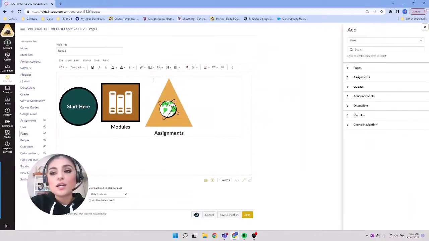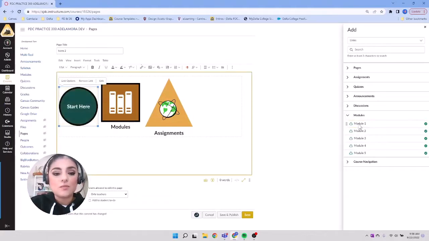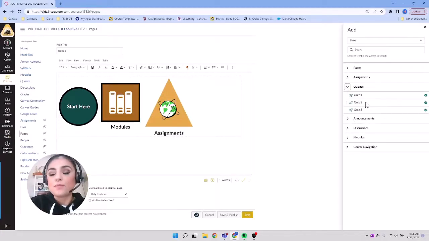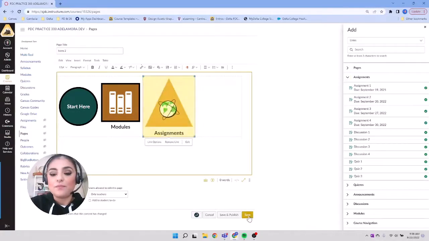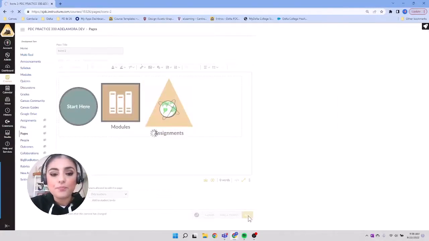Selecting a course link allows you to pick between any of the course links available within your course. Now, I know it's the Start Here module, or the Start Here section. I'm just going to make that take me to module 1. I can then select the other icon and make that take me to, say, quiz number 1. I'm just randomly assigning these right now, and for the assignments, I'll go ahead and make that take me to assignment number 1. I'm going to save now